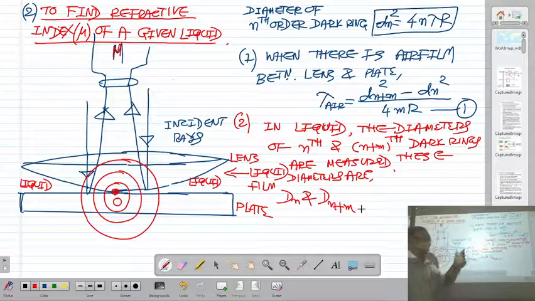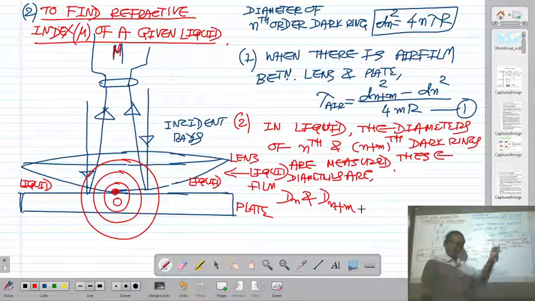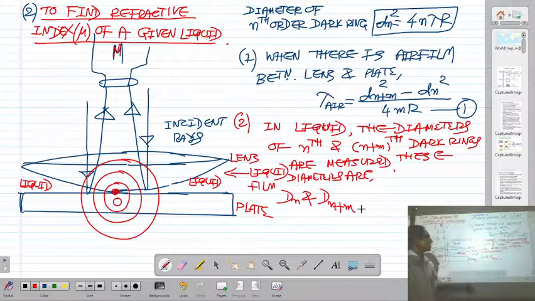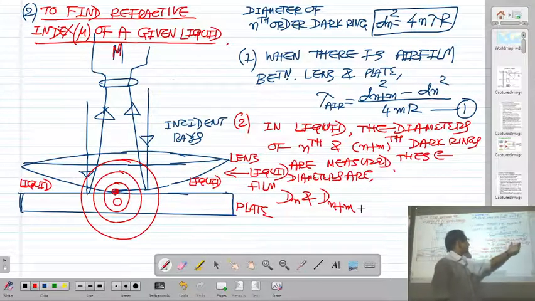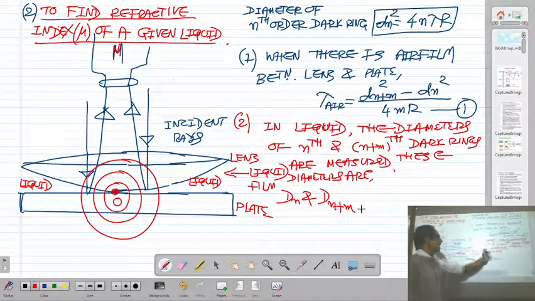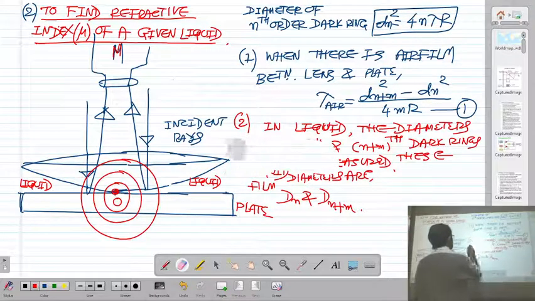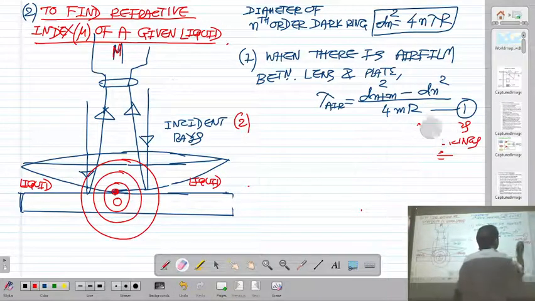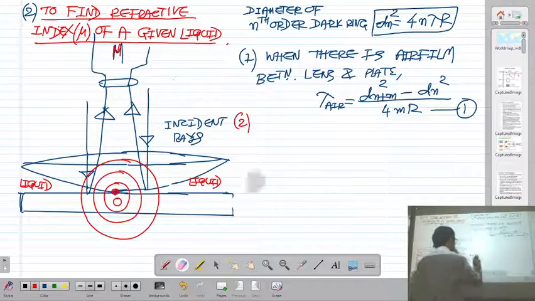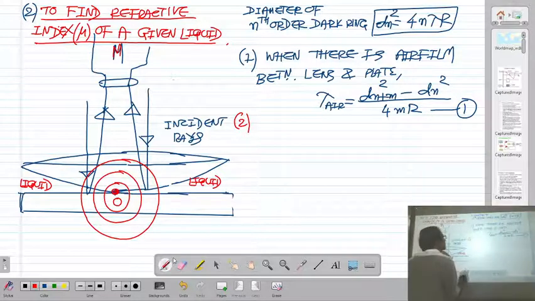So the diameters of the nth ring and the (n plus m)th order dark ring are going to change. These diameters are capital Dn and Dn plus m. So in liquid,